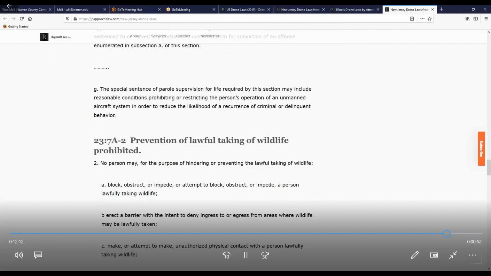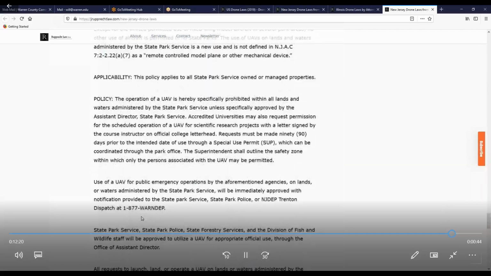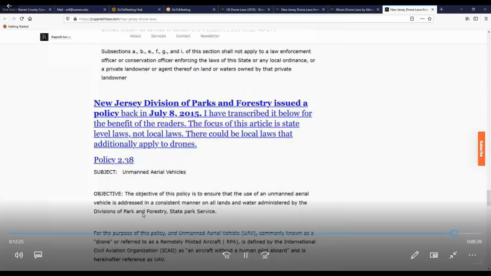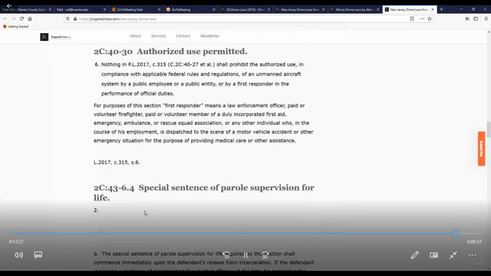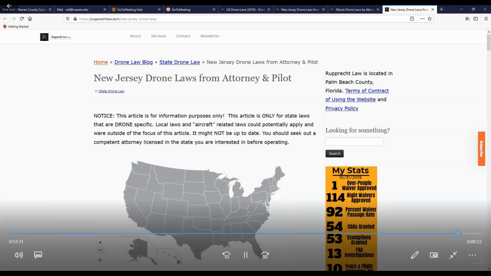Okay, so in New Jersey, you cannot help hunt or take wildlife with a drone, but in another state, you very well may. You will find, as we are from New Jersey, we are well aware that this state is often called the nanny state. So you should, if you're flying in New Jersey, definitely look at all local laws.